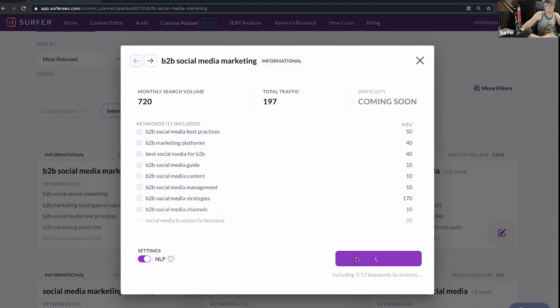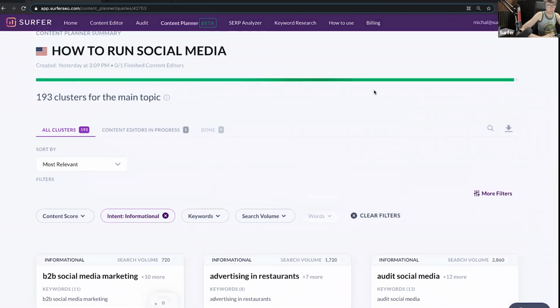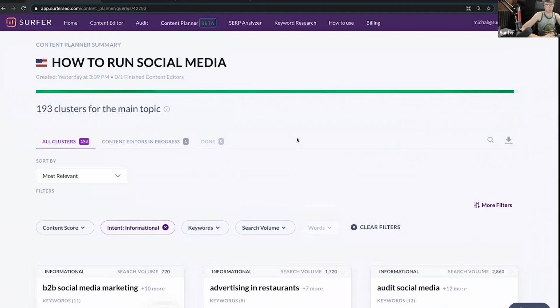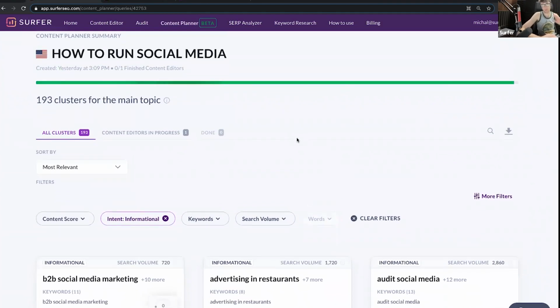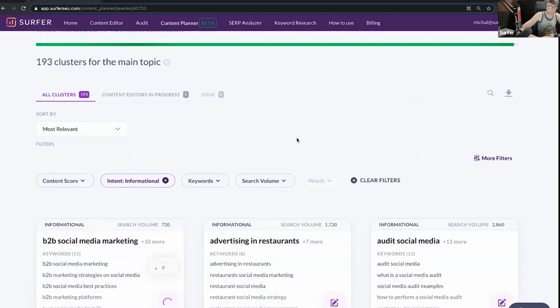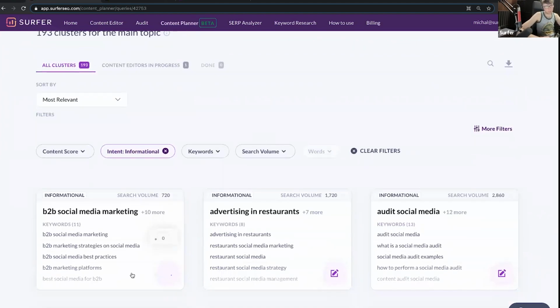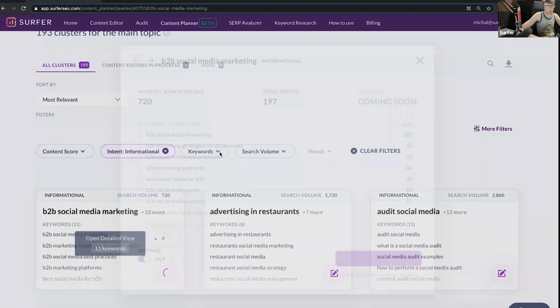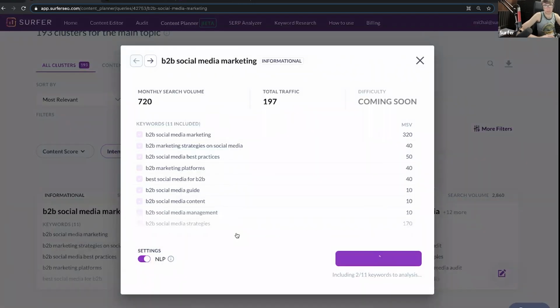So I will create the content editor for this cluster. So we will start the process of using this tool as a content strategy tool. So these 193 clusters is our content strategy to take over running social media and becoming an expert. And the first step is to create the first article that is SEO optimized and to put it on our website. So it will take a while because we will take into account all of these keywords, create guidelines not